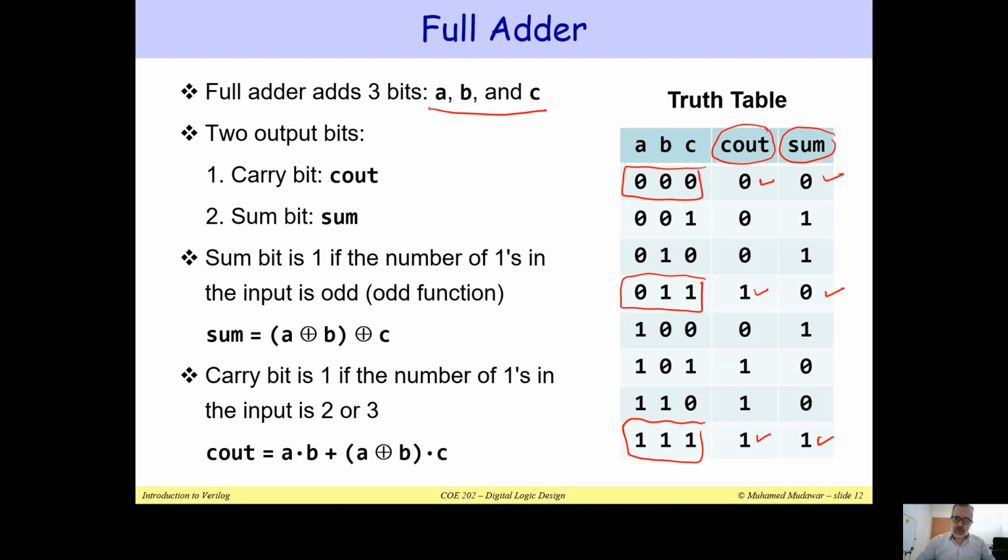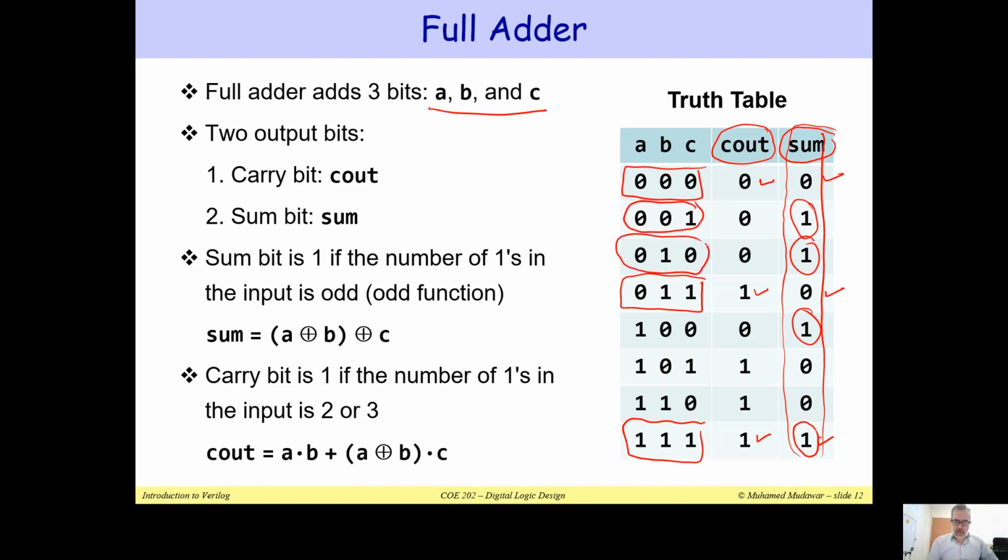If you would like to determine the equation for sum, just look at this column here for sum. If we look at this column, you can see that the sum will be equal to 1. So it's equal to 1 here, here, here, and here. So we have 4 entries in which the sum is equal to 1. Now, sum is equal to 1. If you look at the inputs here,